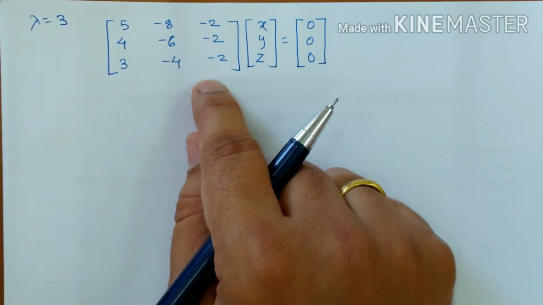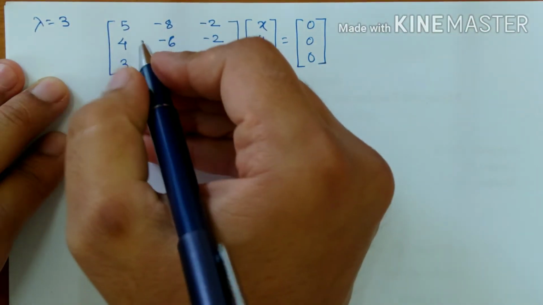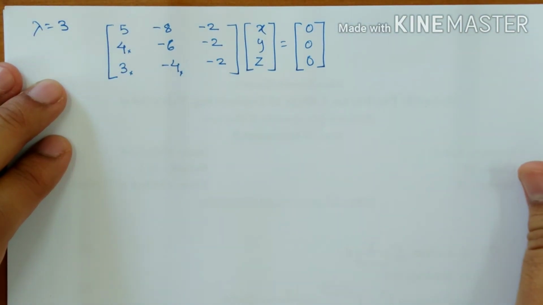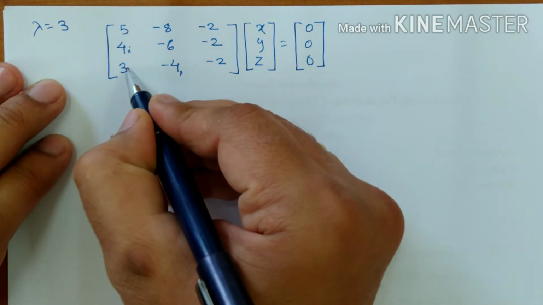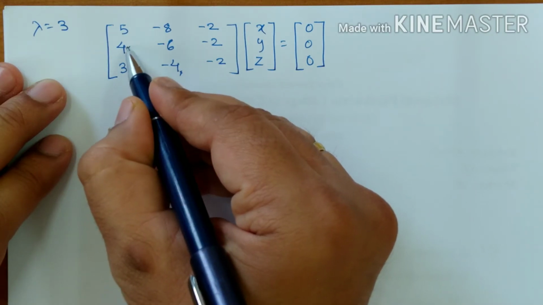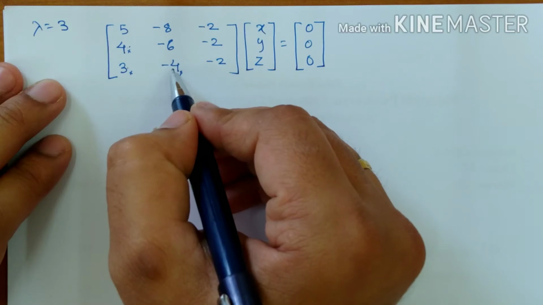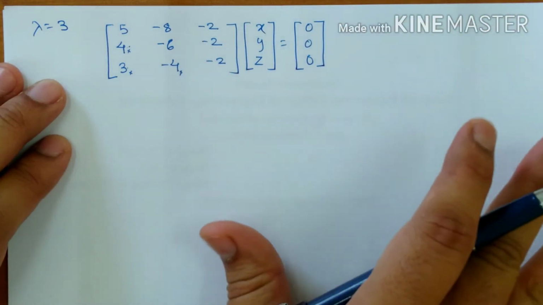Now our job is to solve this system. Solve this system means I want to get zeros at these places. That means I am trying to reduce x from the second and the third row, the coefficient of x from the second and third row, the coefficient of y from the third row. So that is our aim.